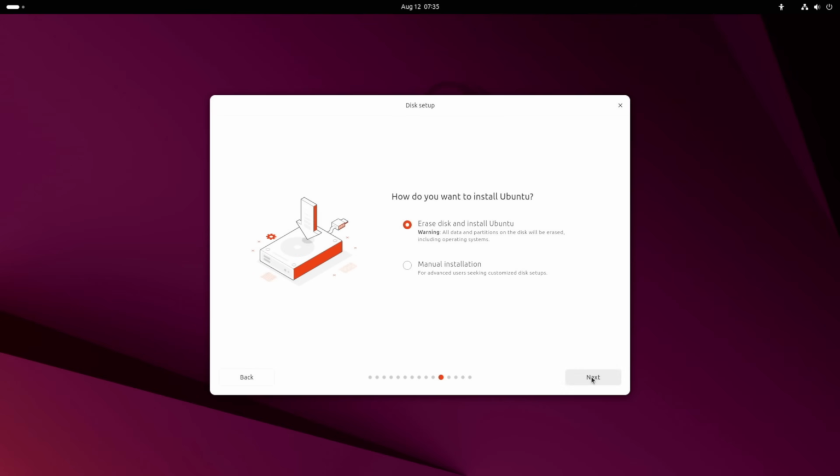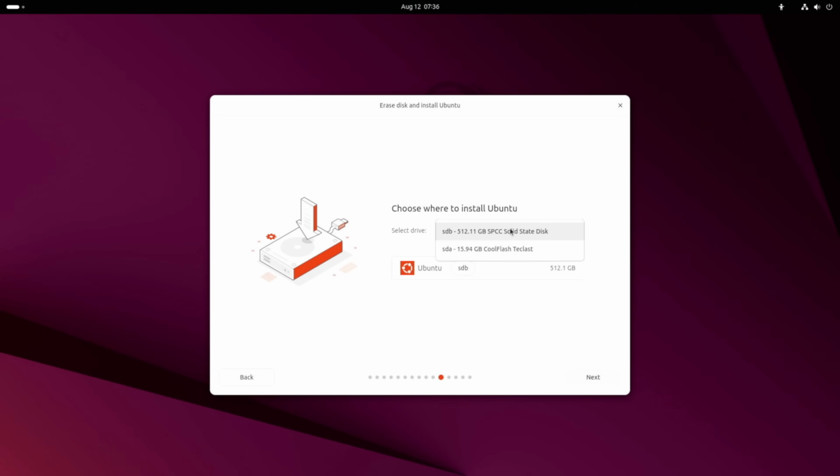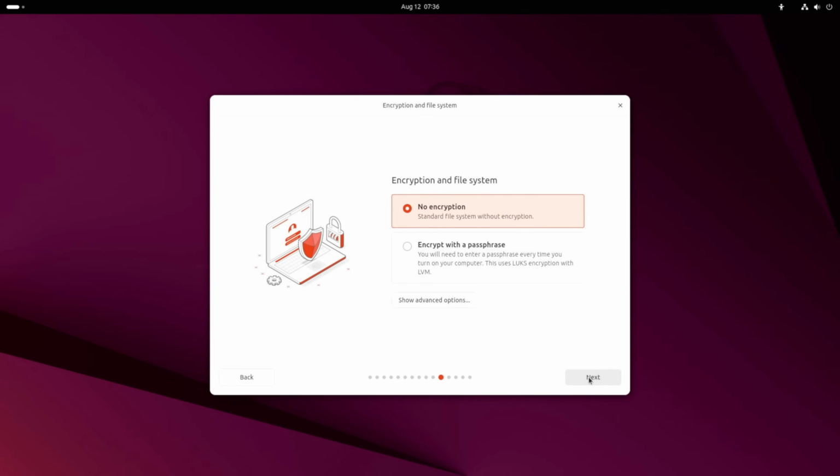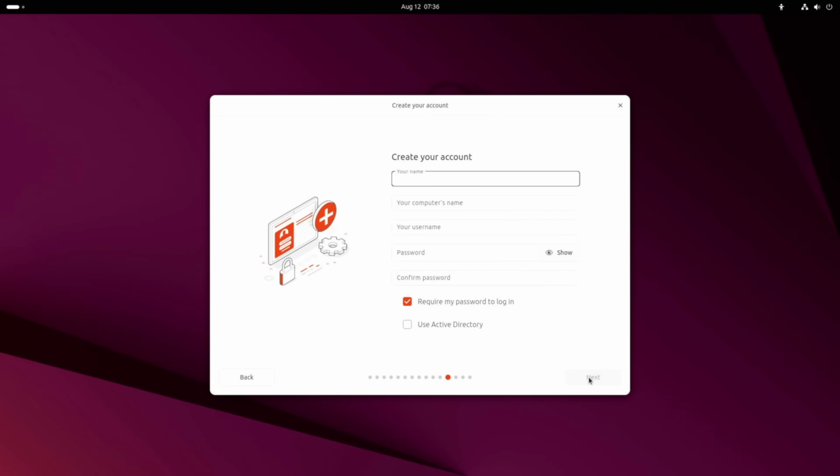I want to erase this disk entirely for the most simple, straightforward installation of an operating system. No partitioning, no separate SSDs. You have the option to do it if you'd like. If you watch my other videos, you'll know that I'm going to tell you to back up your data, but again, this isn't a tutorial. After selecting the SSD, we get an option for encryption, which is nice, and then we get to the local account section. And we still aren't done with the setup process after this.